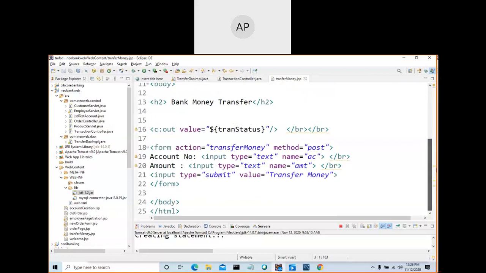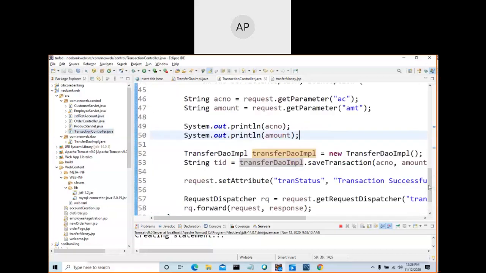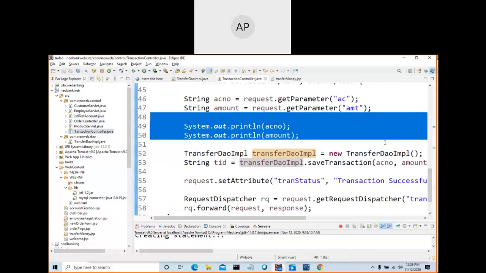When I click this transfer money button, your URL will also have transfer money as part of it, and based on that, it will identify the servlet which has this name. So I wrote one servlet. This is the transaction controller servlet.